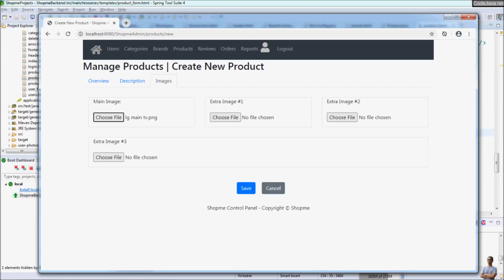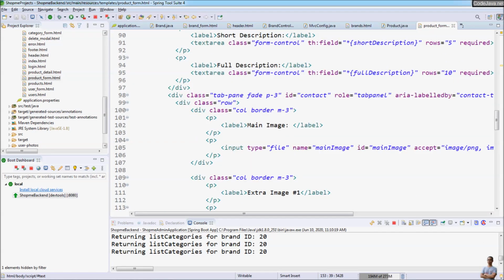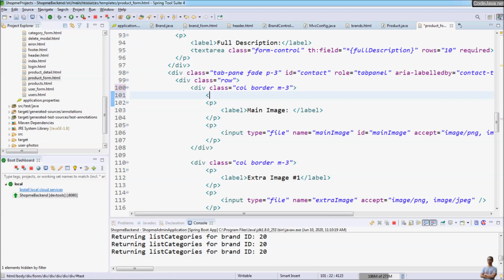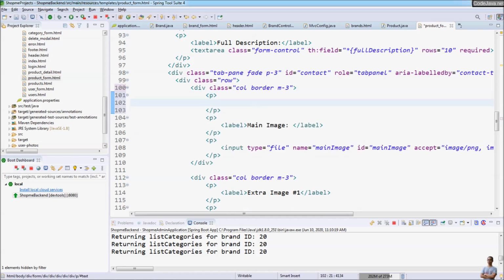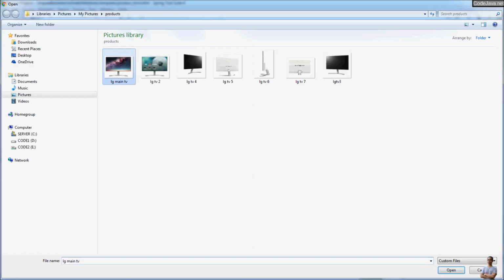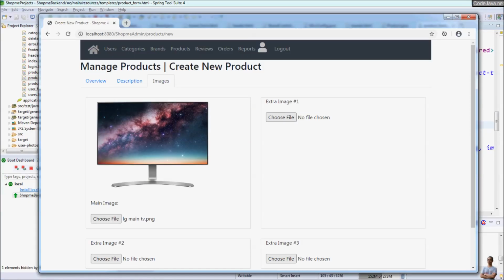Sorry, we need to have an image tag to display the image here. Above the button, the title, image tag, main image preview, and we set the ID for this image tag as thumbnail. Okay, let's refresh. You see, the main image is displayed,